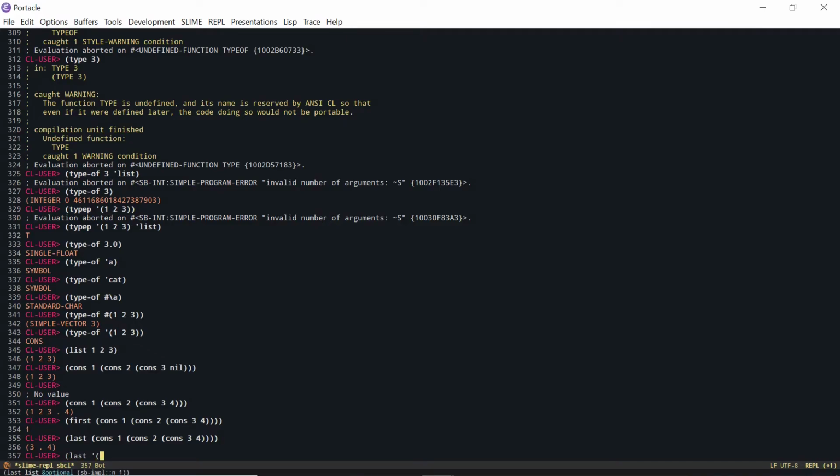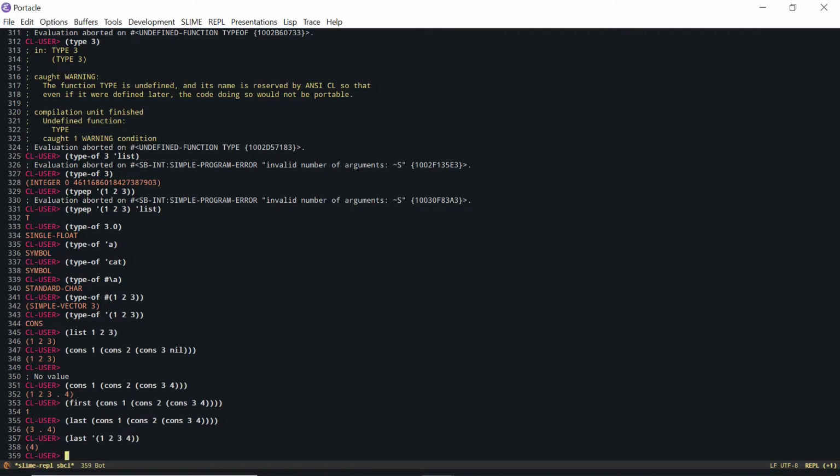Now if I was to say last, the list, 1, 2, 3, and that one had 4, let's just say. So see here, because this is a non-dotted list or non-broken list, this 4 right here is just the last thing. But the last thing in this is considered to be the 3.4 because it's a dotted list or a broken list. And so see how it broke the list? We're expecting the last element to be this, but the last element's this. So there is maybe a reason to do these because you could say like,